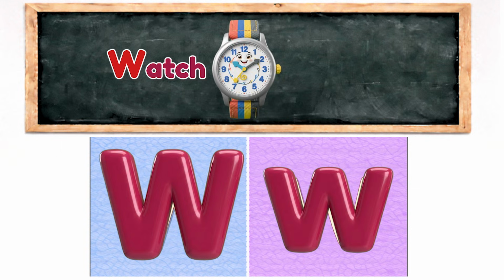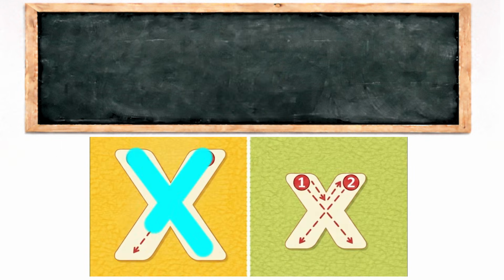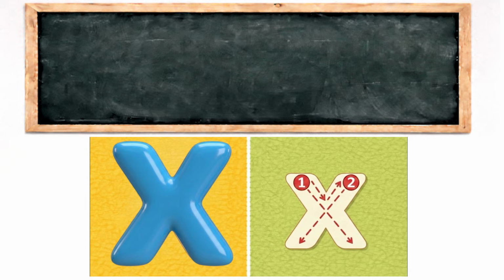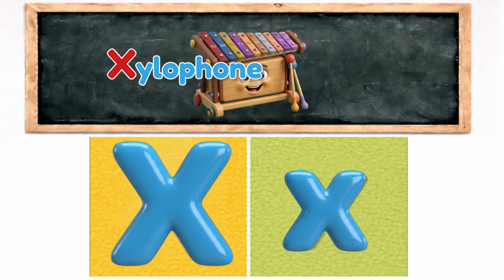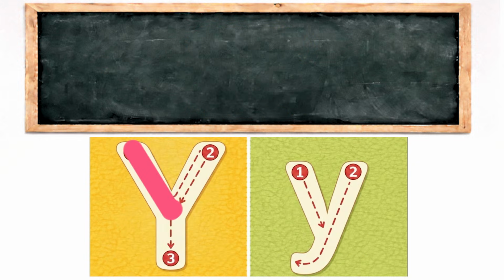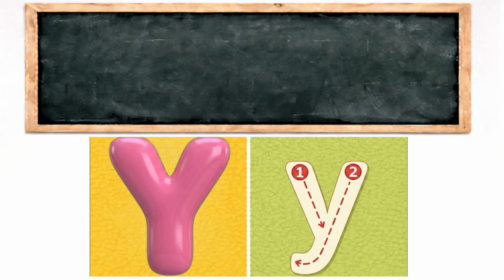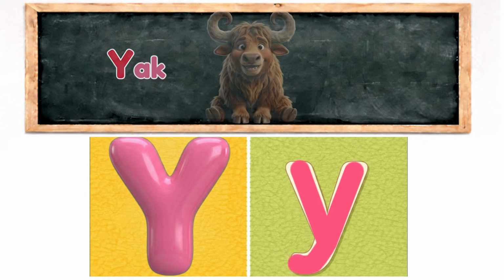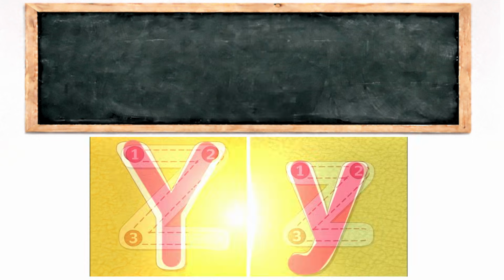W is for watch. This is capital X, and this is small x. X is for xylophone. This is capital Y, and this is small y. Y is for yak. This is capital